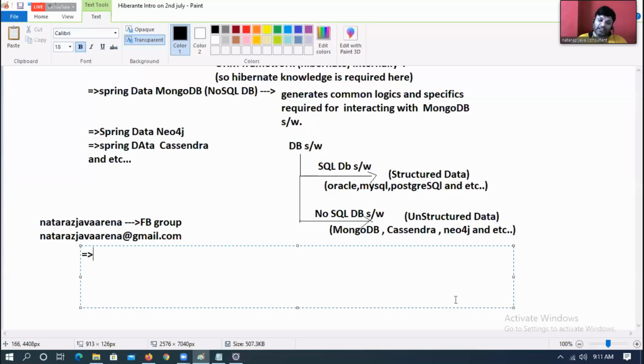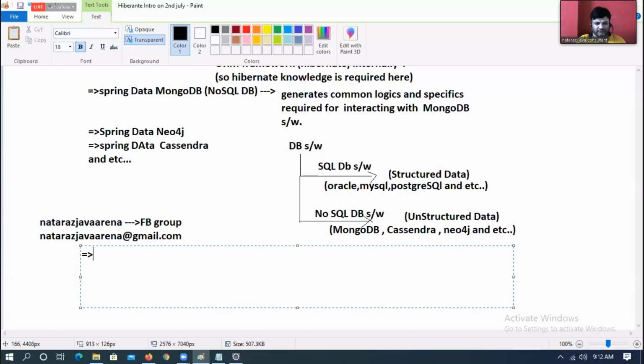While dealing with SQL database tables, we get common logics and regularly used specific logics. While working with NoSQL databases also, again we get common logics and regularly used specific logics. That means we use both in a unified environment.